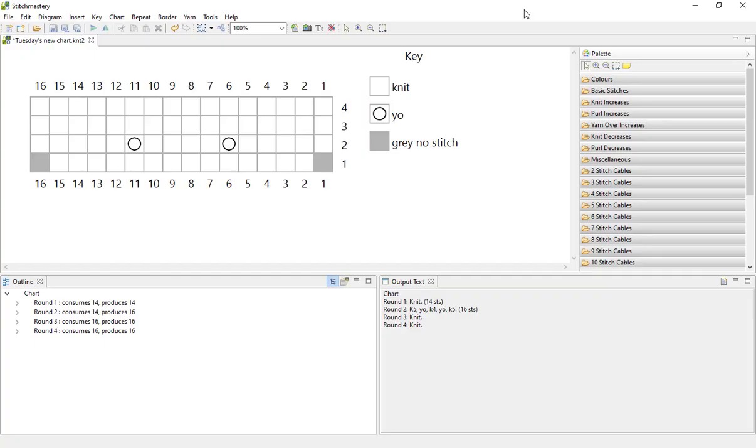Recently we were asked for some guidance on how to chart the action of dropping a stitch or dropping a yarn over, and we do have some symbols in Stitch Mastery that you could use to chart this. You won't find them in the normal palette, but it's possible to create a custom stitch to chart that specific action. So at the moment, as you can see, we've got a chart with a couple of yarn overs added